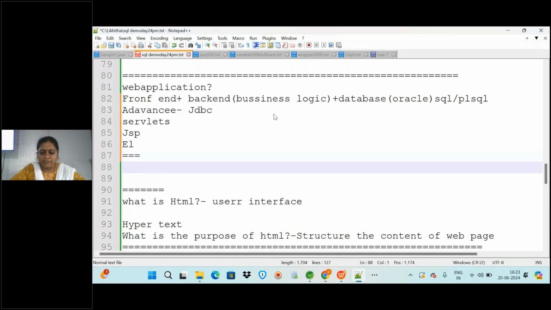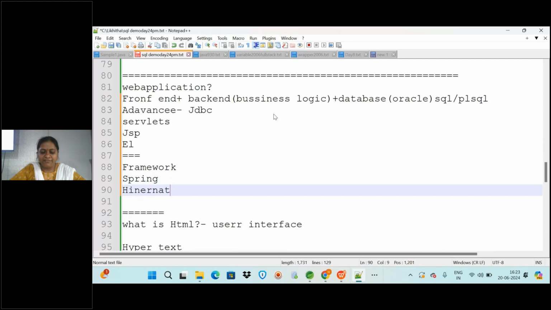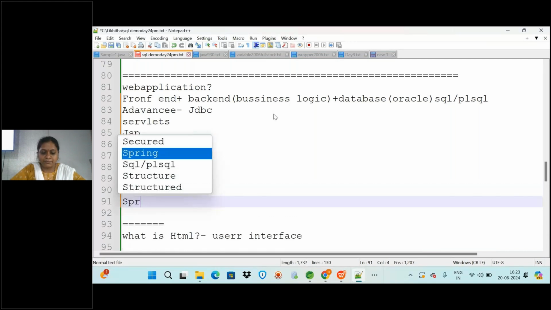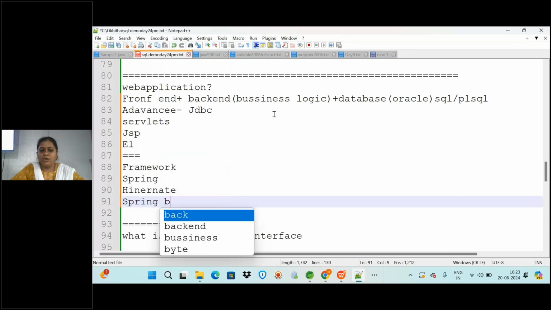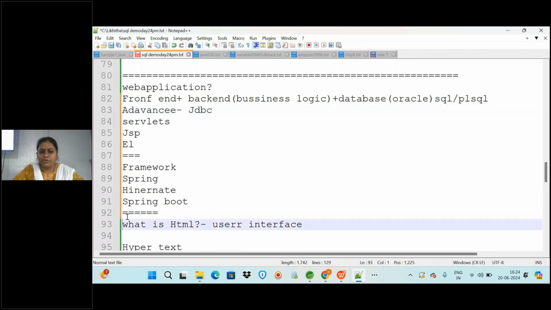The frameworks we are going to cover are Spring and Hibernate, the ORM tool, and the Spring framework, Spring Boot. These are the frameworks you will be learning for improving our application. Whatever web application you are developing will be better. So these are the complete modules.